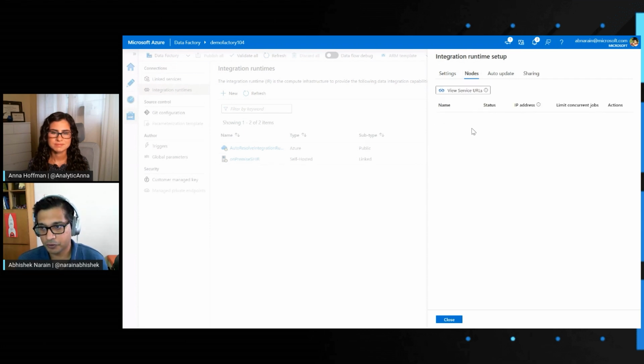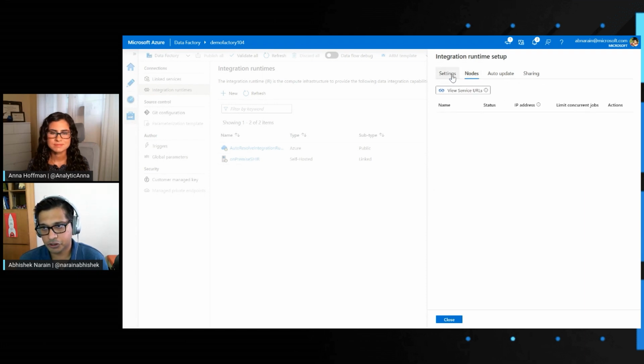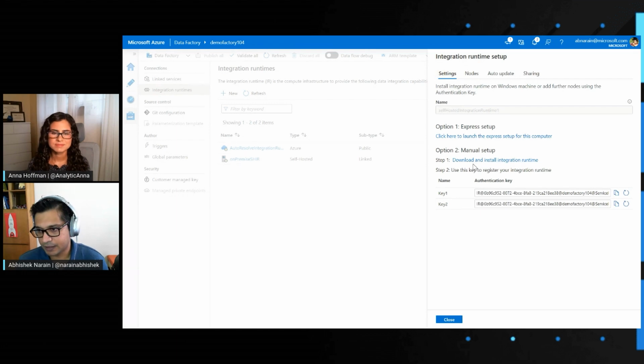Right now, you can monitor the nodes, the number of nodes once you set it up. We haven't had any nodes set up, and hence it doesn't appear here. But you can see that there are other configuration options like auto updates, which means Microsoft will take care of making sure that all the software is always updated. So whenever there's a new update on new connectors or new bug fixes that we keep doing, it'll automatically roll out to your machines. It's a one-time setup that you do, and you can pretty much be good with that particular setup.